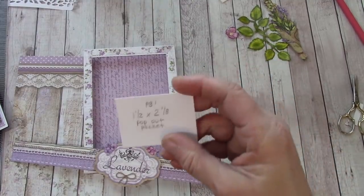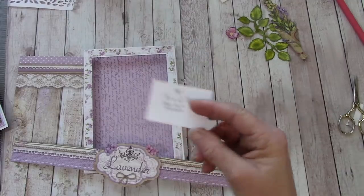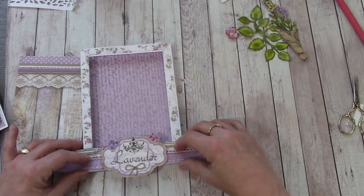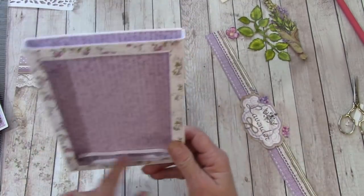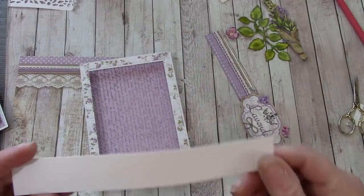This page, 1.5 by 2 1/8, we're not going to use it. I'm omitting it because I found something better to do. That's going to be cooler. Okay, so we do have this in here. Look in your reserves really quick. You may have